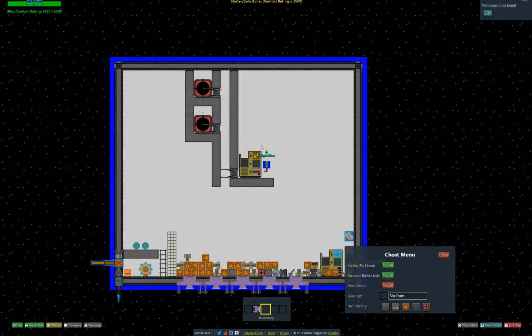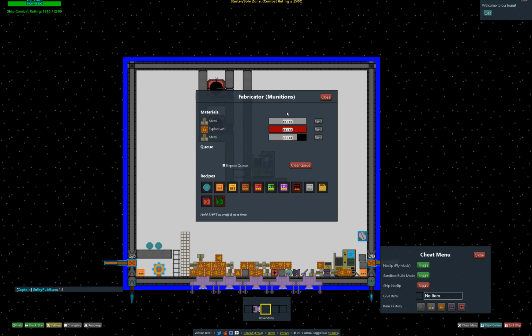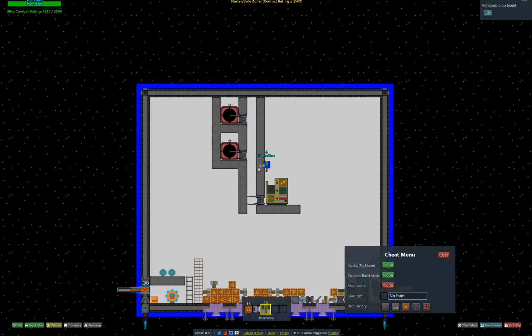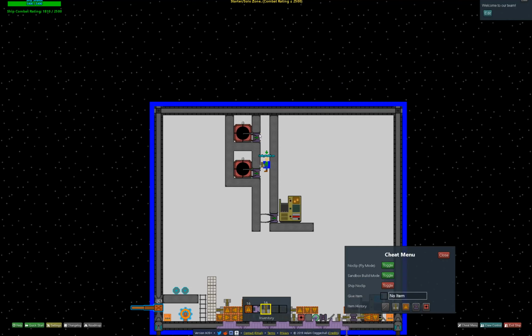If you don't get a 1-to-1 ratio, then at some point you're going to have a factory which will have full metal or full explosive. The most naive solution is very simple. You just make two expanders and two loaders. And it's gonna